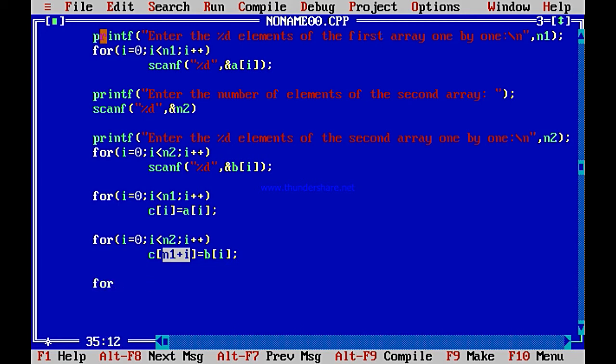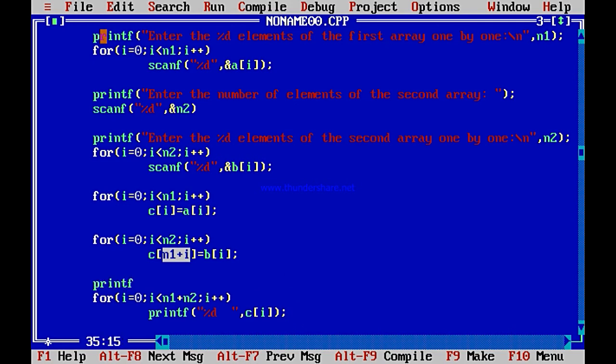Now print it. For I equal to 0, I less than what? The size of C is N1 plus N2. So I less than N1 plus N2, I plus plus. What to print? printf("%d  ", Ci). But remember, prior to that it is better to tell what you are printing.